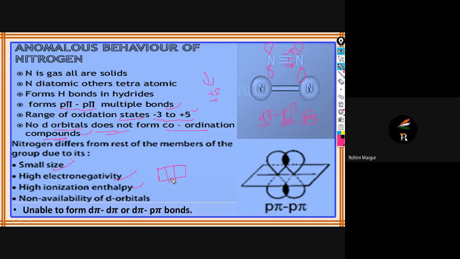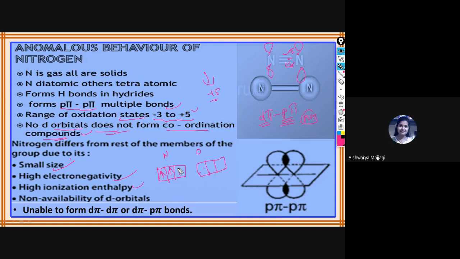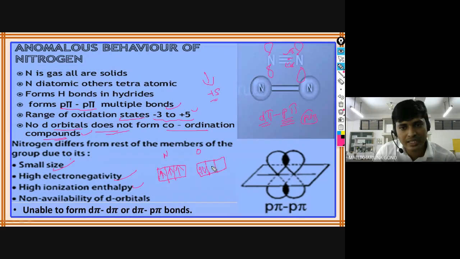Because the atomic size is small. It's not because of that. Compared with nitrogen, oxygen only has the more ionization enthalpy. Why is it? So I will write here. It has 3 electrons. So here I am writing the p orbitals of oxygen. Okay, now you tell which one.